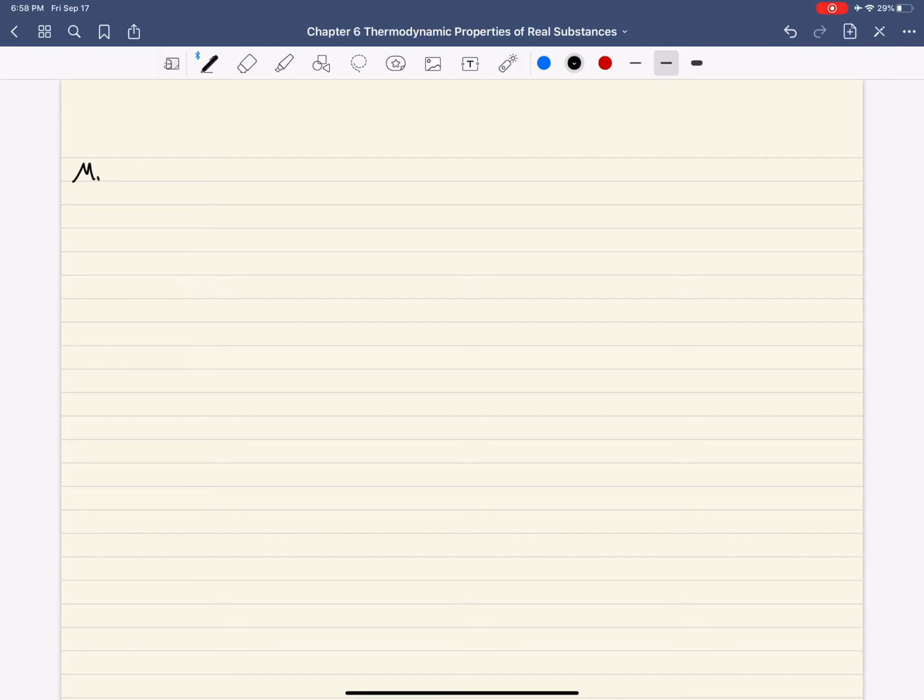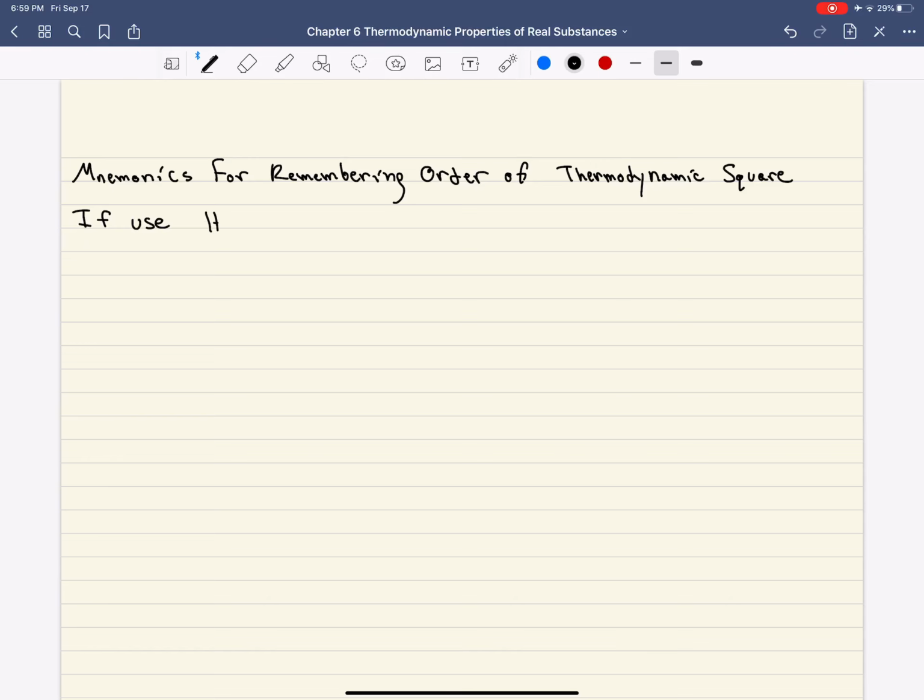mnemonic for the order that you need to write the thermodynamic square in, there are a couple of different ones. Okay? And so the mnemonics are going to depend on if you use F for the Helmholtz or if you use A. Okay? And so in the event that you use F for your Helmholtz